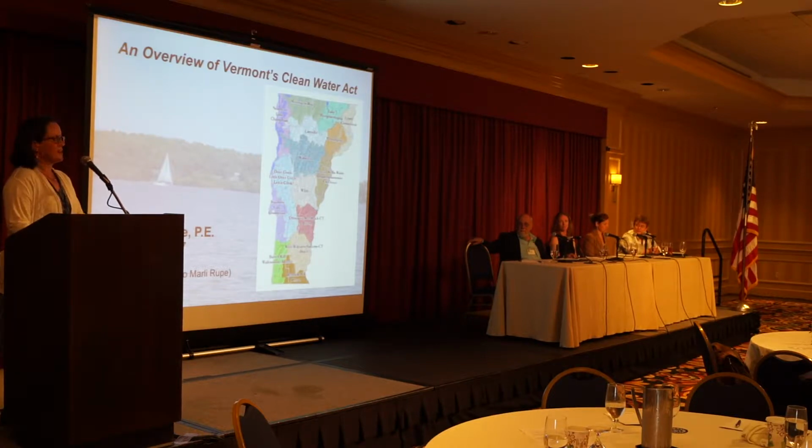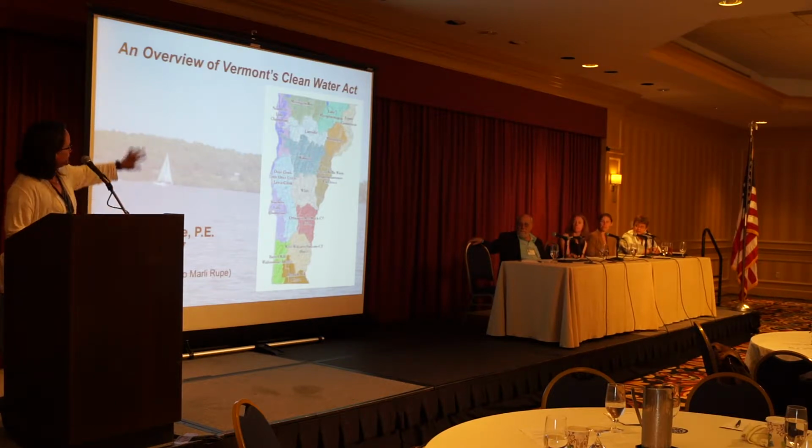So I'm going to provide a brief overview of Vermont's Clean Water Act. This map on the right-hand side of the screen shows the 15 major river basins that we organize our work into here in Vermont. And what's really notable, as we step to the next slide, where I'll talk a little bit about what a total maximum daily load or pollution budget is, is that with the exception of this bright green watershed down in the lower left-hand corner, all of the rest of these watersheds are subject to at least one